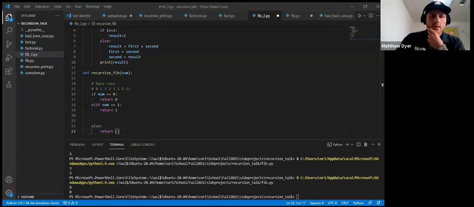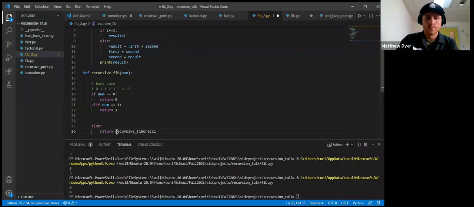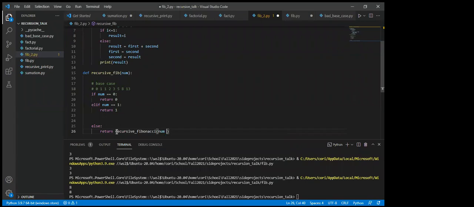Yeah, you return the Fibonacci method with num minus 1 plus the Fibonacci method with num minus 2. Yeah, exactly. Num minus 2, and that's exactly it. So we can see